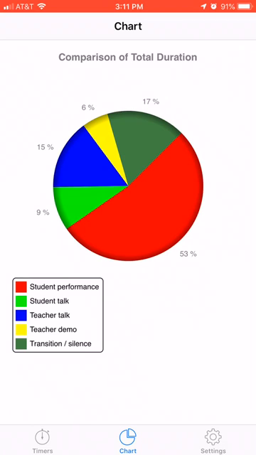This is a great app. Again, it's called TimeBalance, and it's a wonderful way to measure these observational things that require